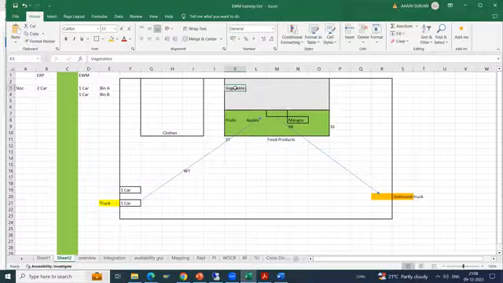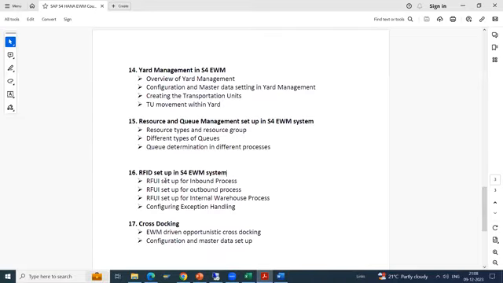And system will throw the error because this is not the bin determined by the system. That we will see in the RF setup. We will set up the RF from scratch and complete the inbound, outbound, all the warehouse process in the RF.